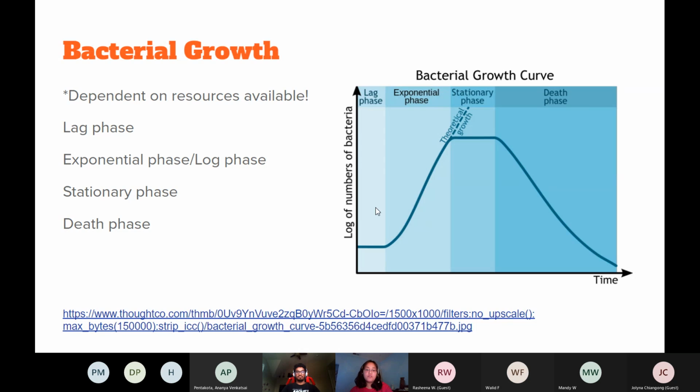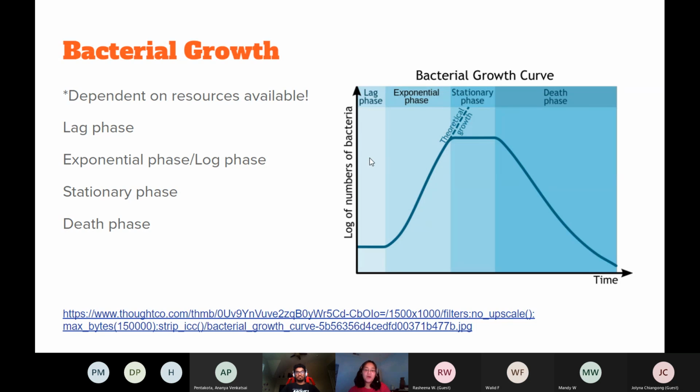But once they have gotten used to it, they move forward into the exponential phase, also known as the log phase, where their colony starts to increase exponentially. They start to divide at an exponential rate. And theoretically, it would just keep going and going. So if there were unlimited resources, it would just keep growing and growing and be